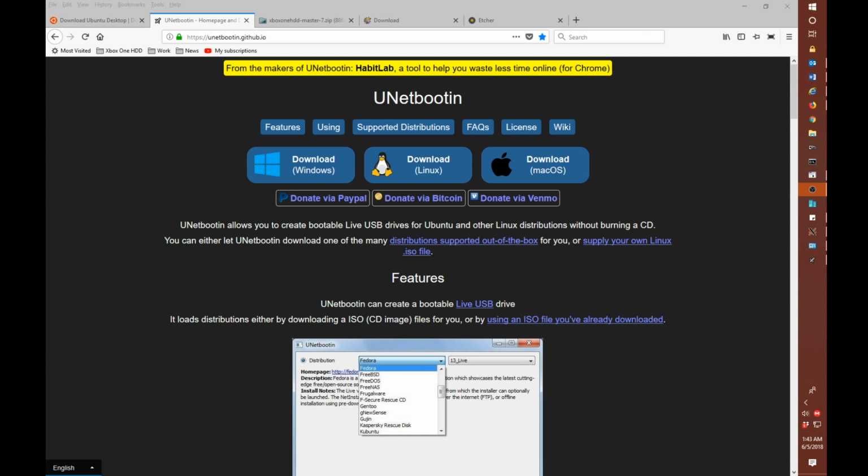This is hopefully going to be a quick tutorial on creating an Ubuntu Linux Live USB flash drive. First, I'll be showing you the procedure on Windows 10, then on macOS 10.13 High Sierra. Now, you might be asking yourself, what does Linux have to do with creating an Xbox One hard drive, and